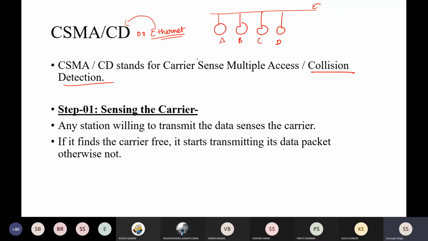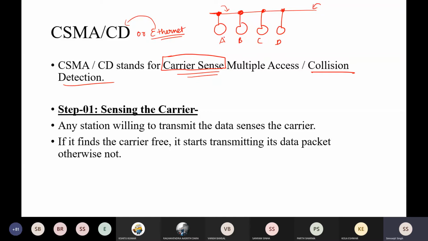Now it is saying that you have multiple stations, and every station can sense the carrier. Carrier means it can sense the link. Suppose A is sensing this wire, so that it sees that there are no other signals on the wire. By sensing it, it can easily put the packet onto the link. But actually the sensing is very limited here. Carrier sense means it can only sense this much amount of area rather than the whole wire.